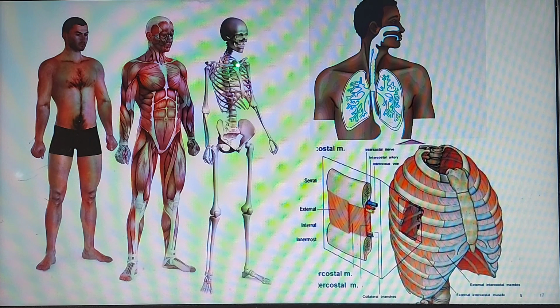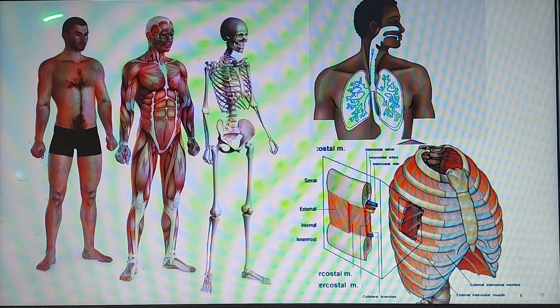Welcome you all. Today we are discussing something about the thoracic wall. The thoracic wall is mainly composed of the bony structure, the ribs. The rib is attached anteriorly with the sternum and posteriorly with the thoracic vertebra. Around the rib, there are some structures: outside, the extrinsic muscle and the skin, and inside, the parietal pleura and the endothoracic fascia.